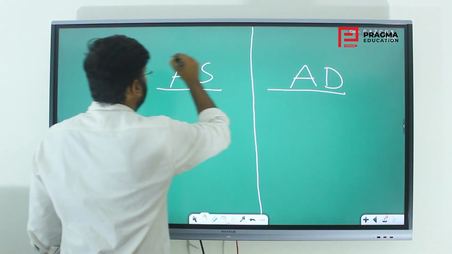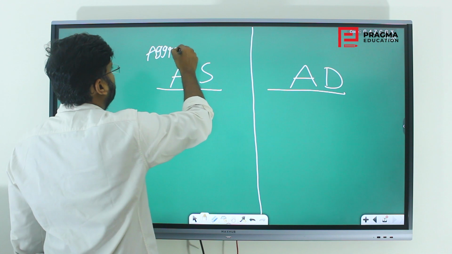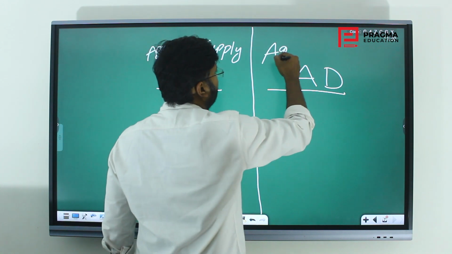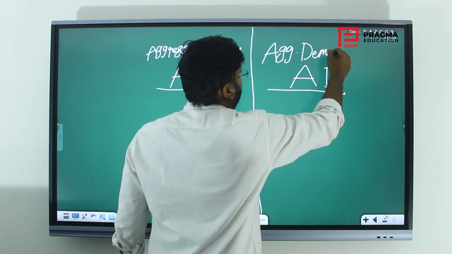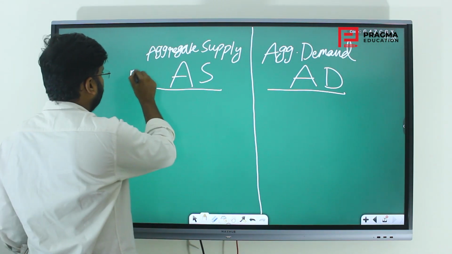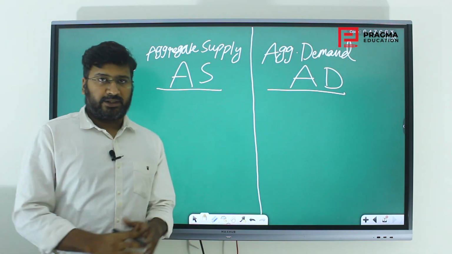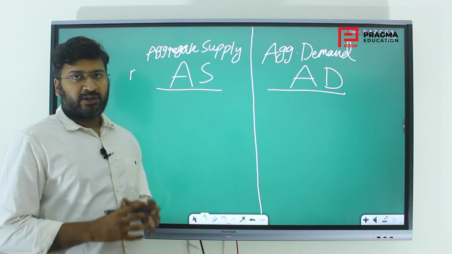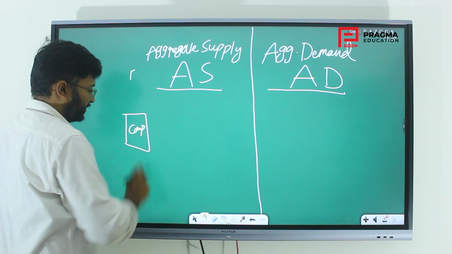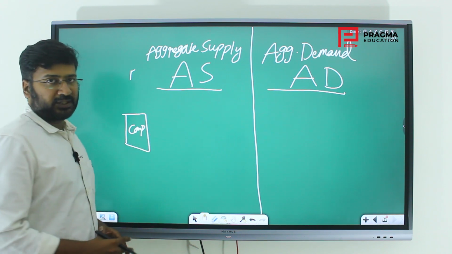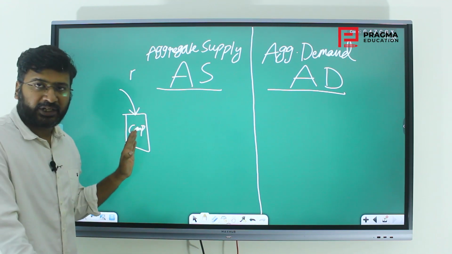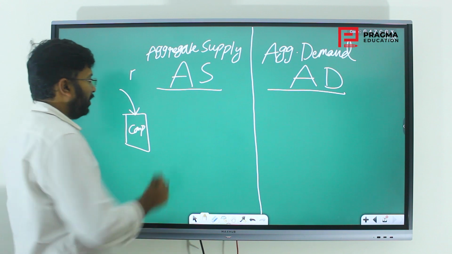This is supply side, this is demand side. We call it aggregate supply and this is aggregate demand. So what are the factors affecting the aggregate supply means? You just try to think. So this is supply side where goods and services are produced, means people establish companies or industries or factories to produce the goods and services. So what are the inputs that an individual would need for him to establish a company and run it? Those are called